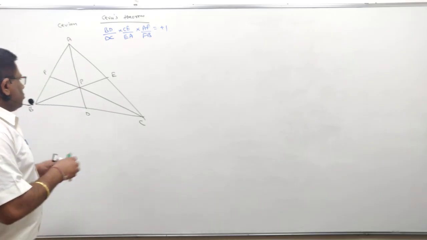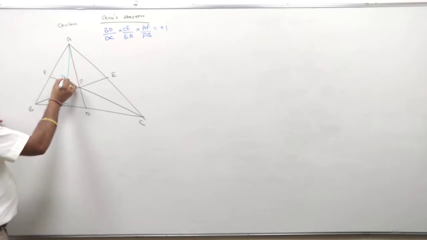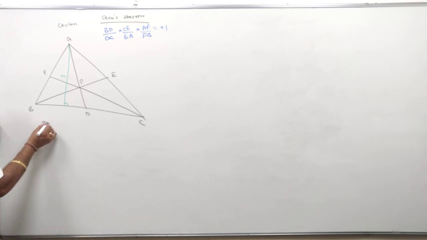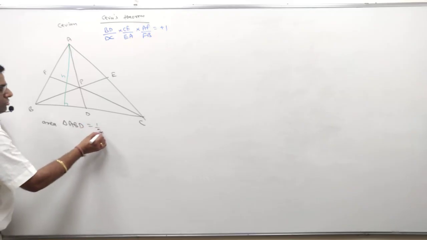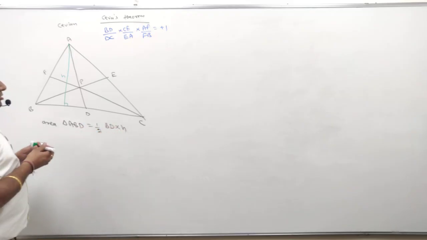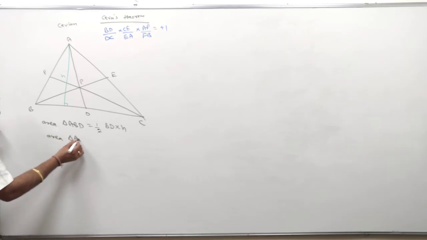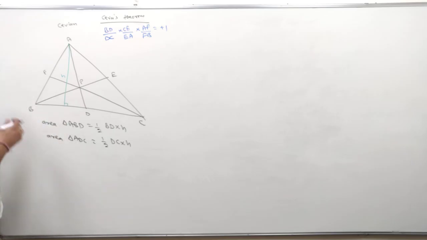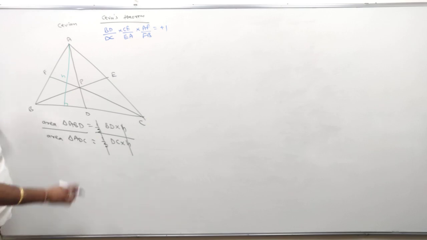Okay. So what I have done is I just draw the perpendicular. Get the height of the perpendicular. This is H. Okay. So what I am doing is let us take area of triangle ABD. Area of a triangle ABD is half of BD into H. Area of a triangle ADC is equal to half of DC into H. Okay. If I divide, so what I get is just cancelling half and H here. So, area of a triangle ABD